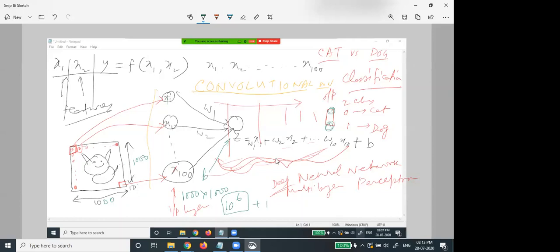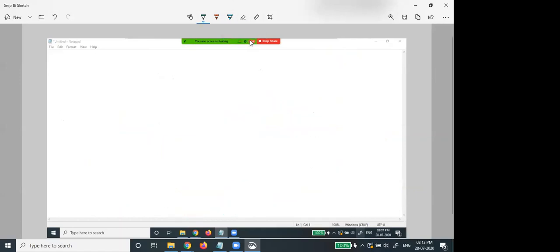So you can understand that the architecture is too skewed, 1,000,000 here and only 2 here. That's why we'll introduce the convolutional neural network, and there are some more advantages. I am coming to those things as well.